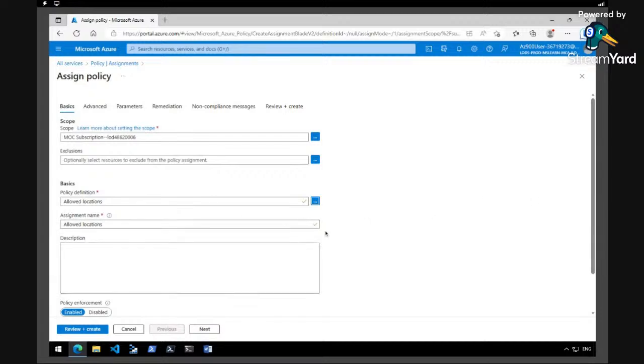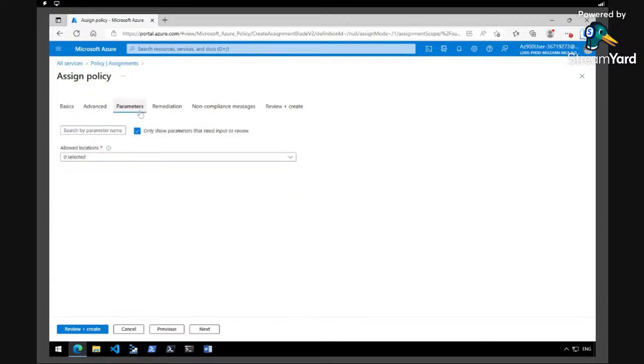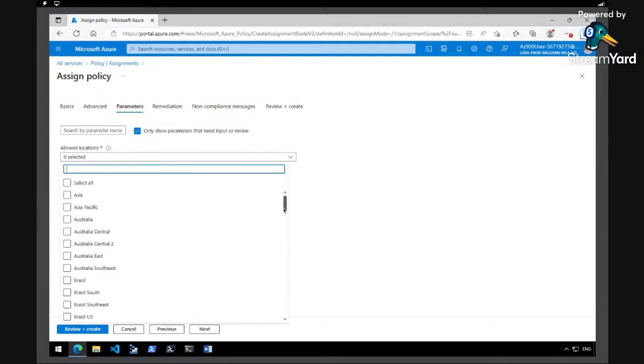Assignment name is going to stay allowed locations 2. We're going to go to the parameters page here for our policy, and we're going to basically pick our allowed locations. And we are going to select Japan West,